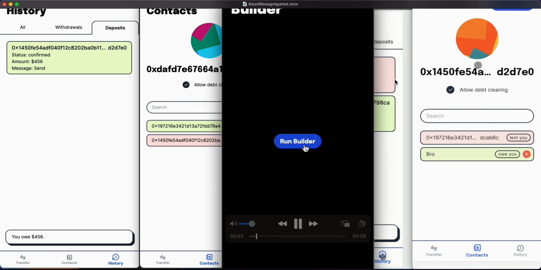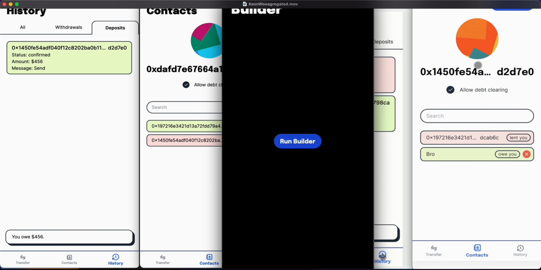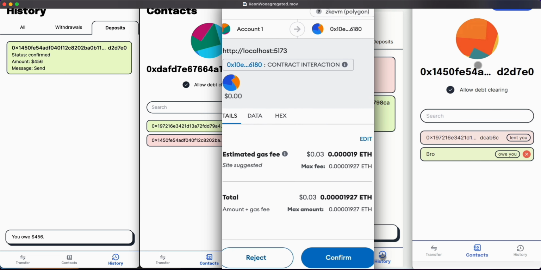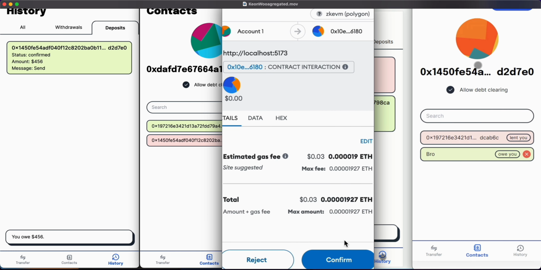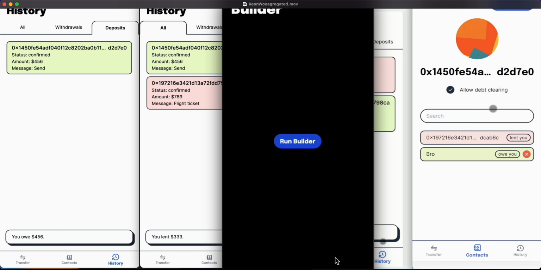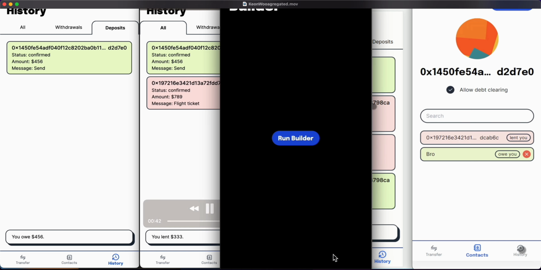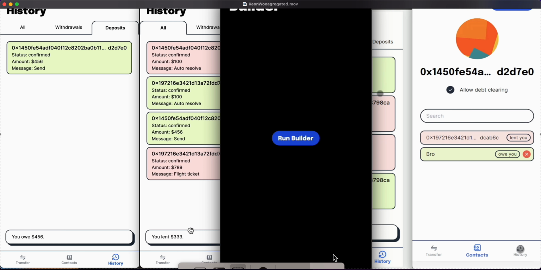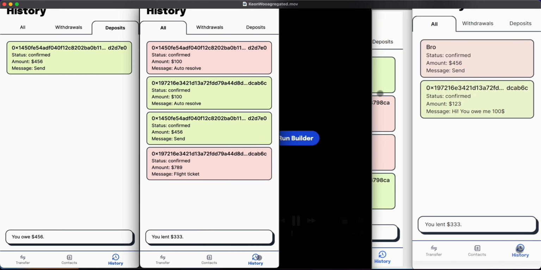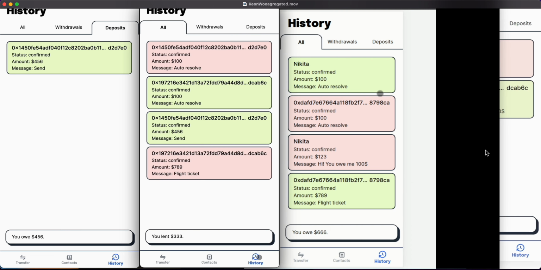So the builder comes into play, and once they click run builder, the operation in the blockchain in the smart contract will happen, and some amount will be subtracted from all of the debts of each of the users. He is motivated to do so by the tips given by the users who want to free themselves from debt by being included in the next circuit.